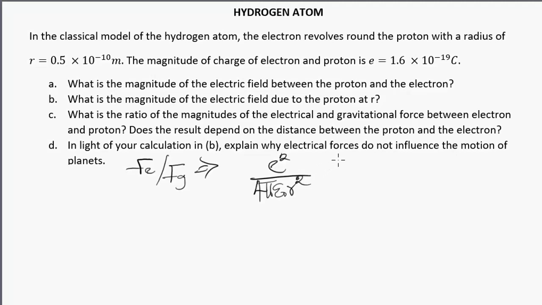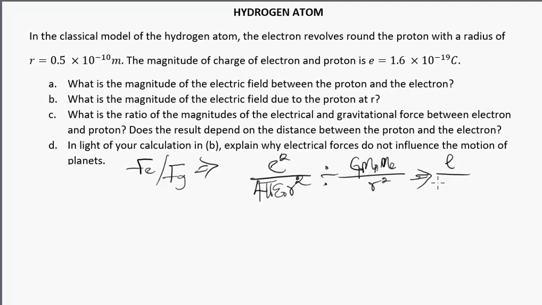Right? So, divided by the gravitational force, which is Gm1, or let's say M proton, and then M2, which is M electron, over R squared. And then you know the law that is applicable here. If we have to change this to a multiplication sign, that means we'll have the reciprocal of this. And as such, this becomes